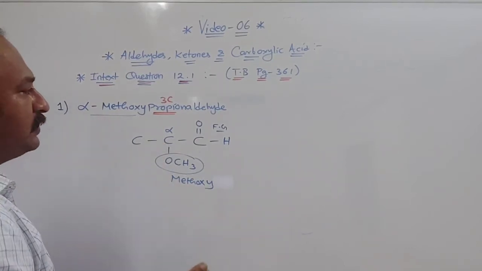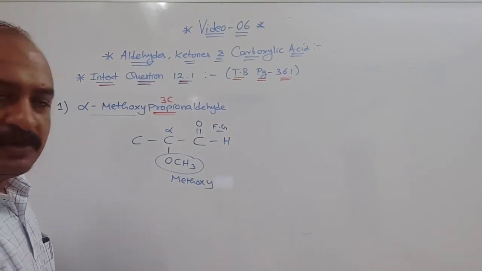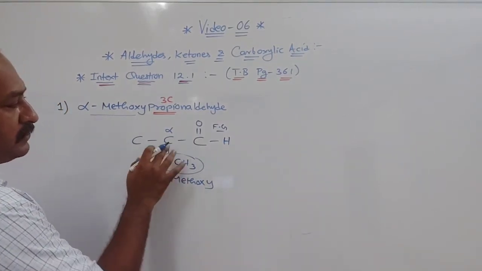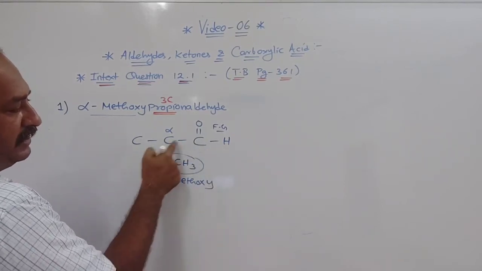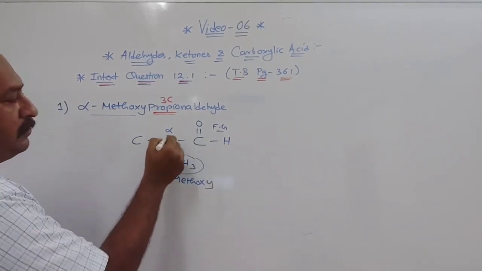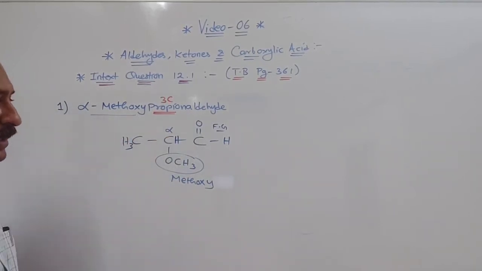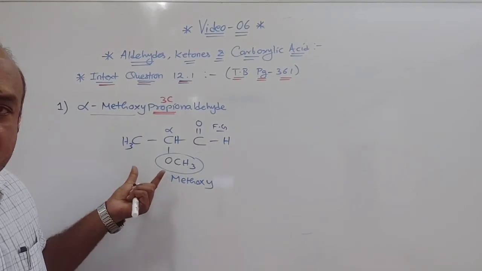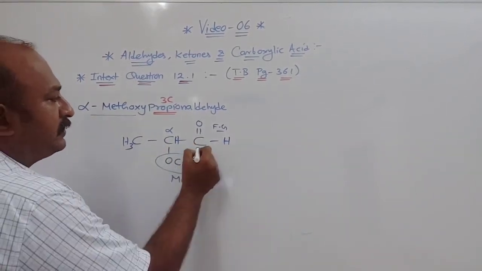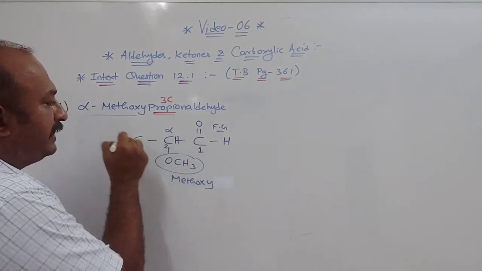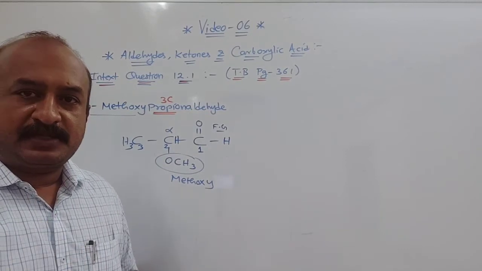Afterwards you have to satisfy all the valency of carbon with the remaining hydrogens if required. So here this carbon's valency is satisfied, here 3 places are attached, so 1 more hydrogen I write, and here total 3, like this. So this is the structure for alpha methoxy propion aldehyde. Propion, why? Because this is 1, 2 and 3 carbon. Understood? So this was the first structure.